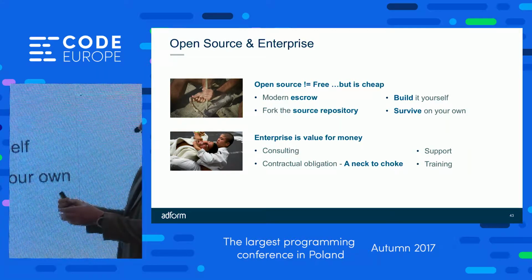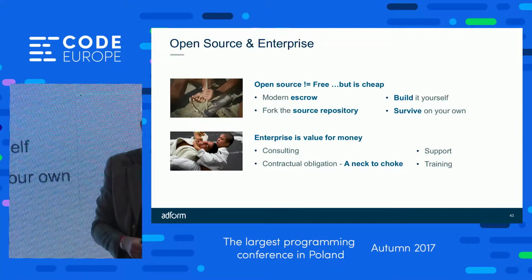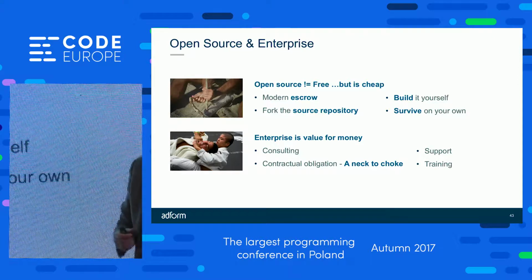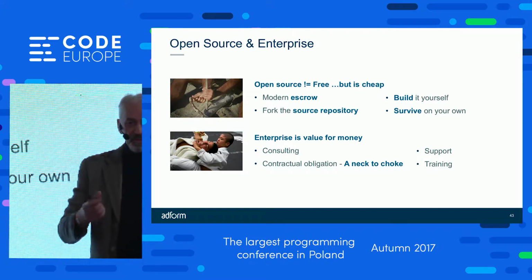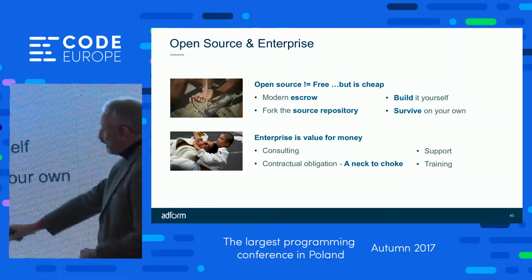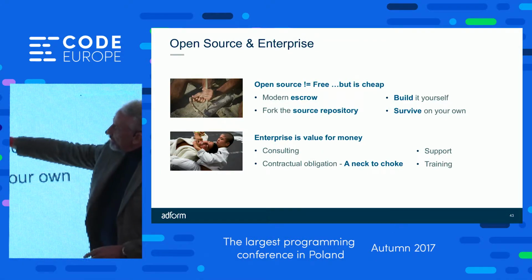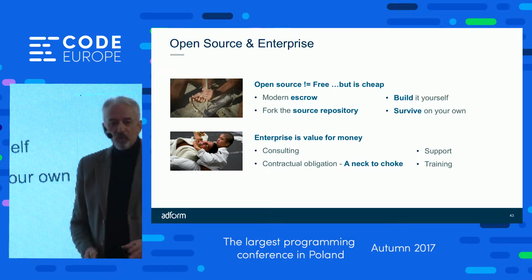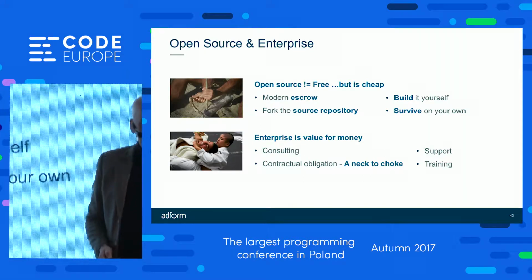So, some years ago, Oracle bought Sun Microsystems. So everybody who had a contract with Sun Microsystems for Java now had a contract with Oracle. There was a legal obligation to do that. So that's what you get out of enterprise. At some point, you can cross the boundary between open source and enterprise, depending upon the economics of it. If you're employing too many people to maintain the open source, then perhaps you could save that cost and put it into buying the enterprise license.